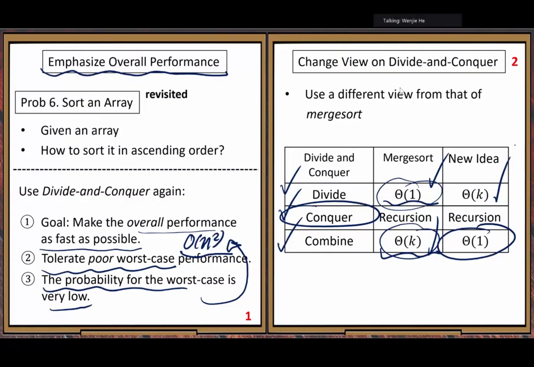Because after we change the focus, the sort must be completely different from the previous one. That's the way people try to find a different sort, then compare these two sorts. Which one has better, faster overall efficiency? All right. Now the question: how to make it happen? That's our design idea. We want to make it happen.